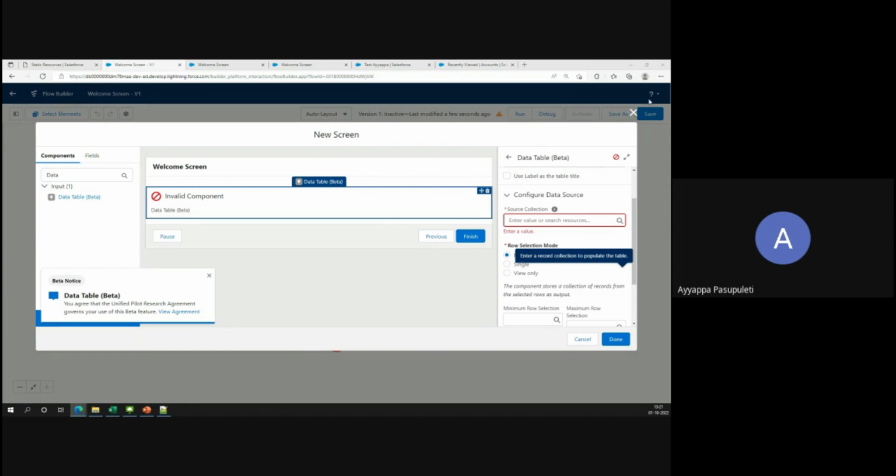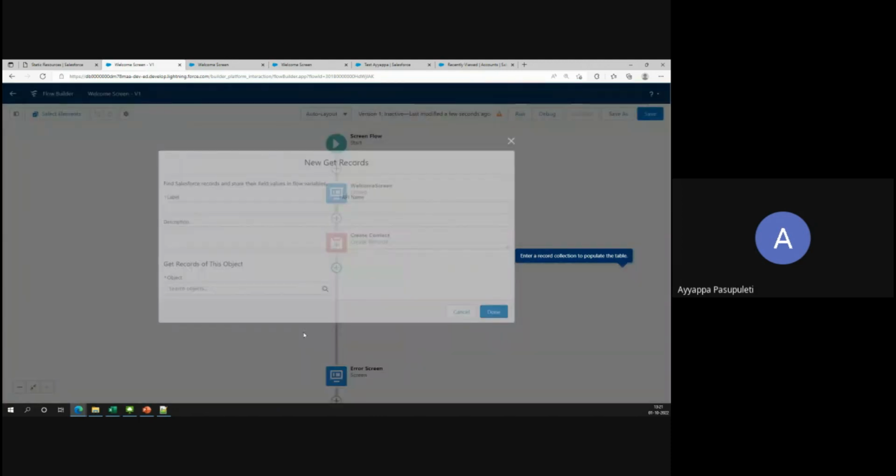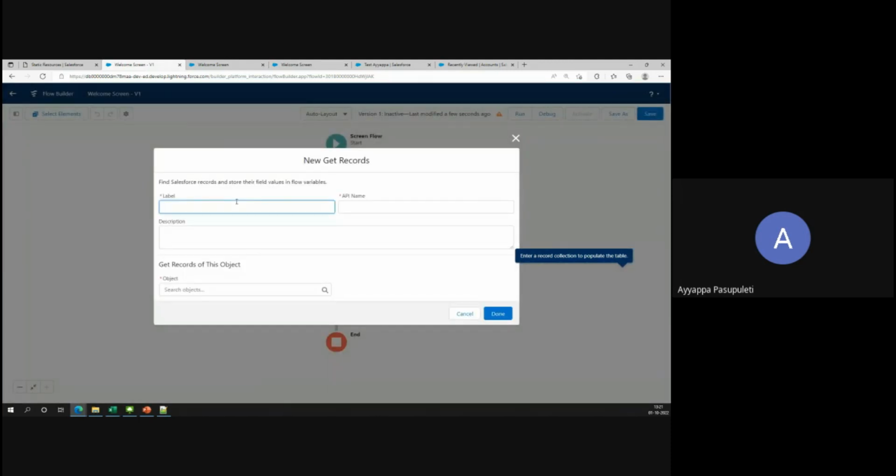Okay, to get this one, just write a get statement. Basically, you want to get all the records from the contact. So you can write a get statement to fetch the stored contacts from the database. Get contact records